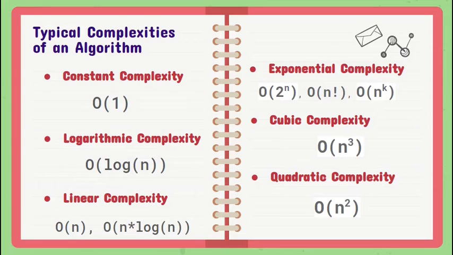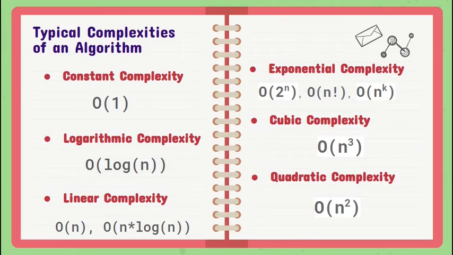So we also have the cubic complexity. It imposes a complexity of big O of n cubed. So for n input data size, it executes the order of n cubed steps on n elements to solve a given problem. So for example, if there exist 100 elements, it is going to execute 1 million steps.